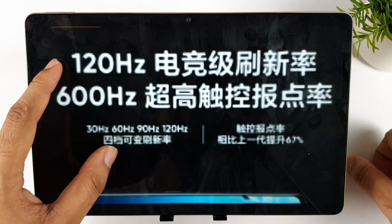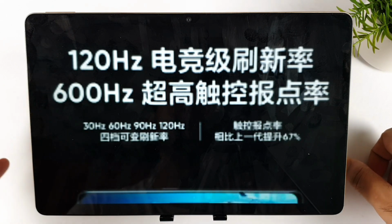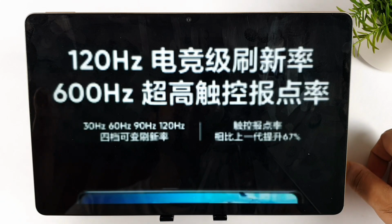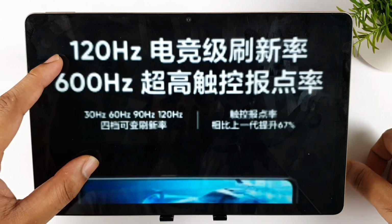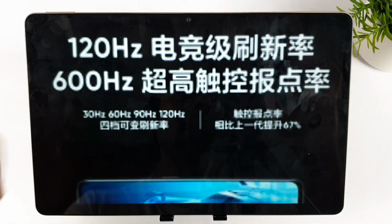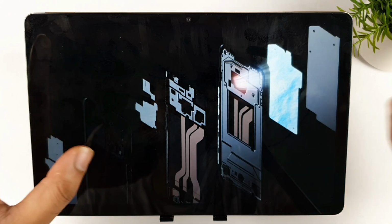But a 600Hz touch sampling rate is really a good deal, I would say, in the Realme GT Neo 2 for gamers. So this is one new thing which I'm really interested to test in the practical world, to see how much we can actually get by default. That's the one advantage in the Realme GT Neo 2 which we did not see before. And the second advantage is something to do with the thermal